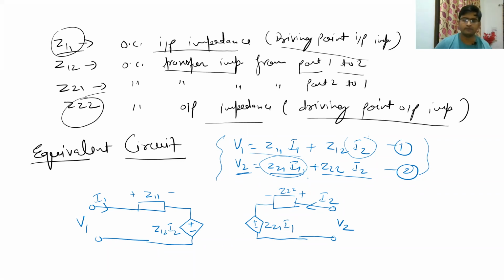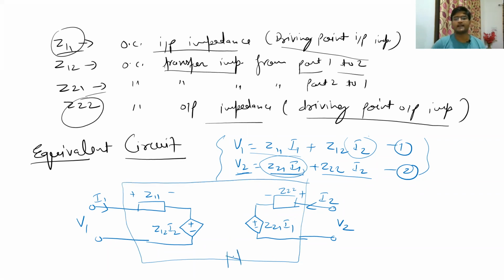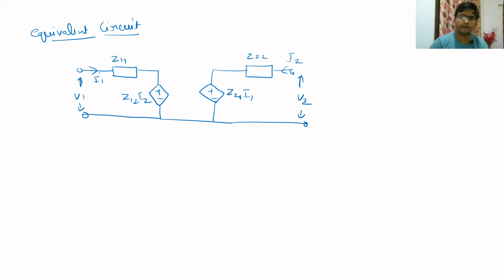So this whole combination of the circuit can exactly represent the network that we were discussing. Generally we connect the bottoms of these two input and output ports with a single line, so that it represents a single network, right? Even if you don't connect, it doesn't matter. I have drawn this circuit more clearly so that you will better be able to draw it in your copy.